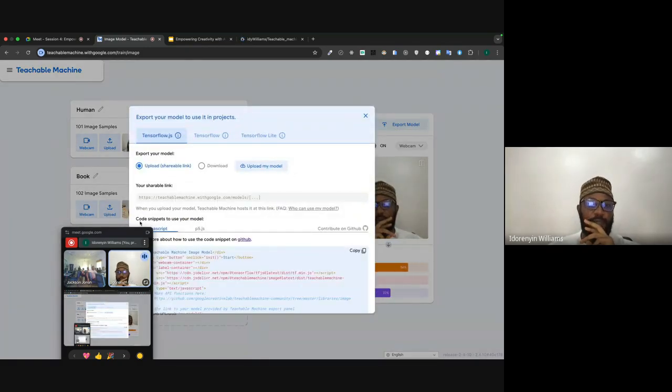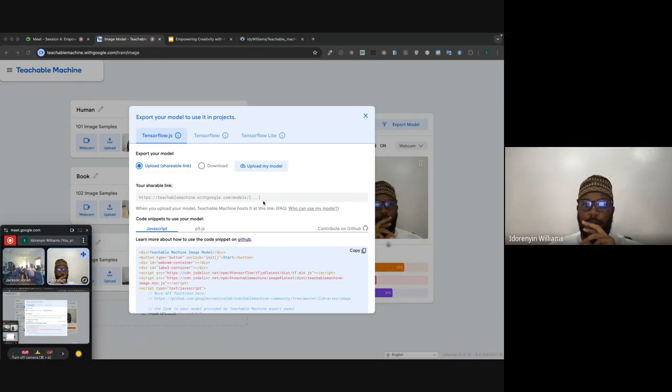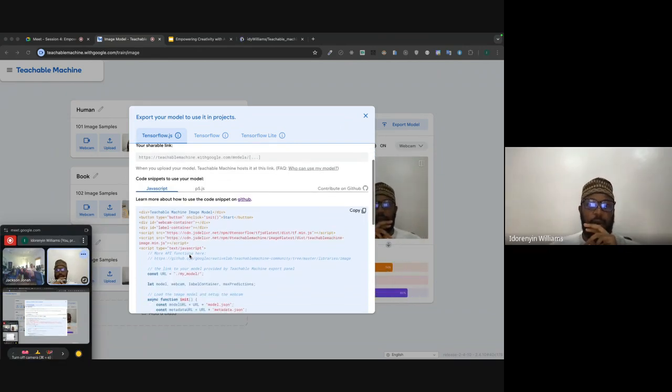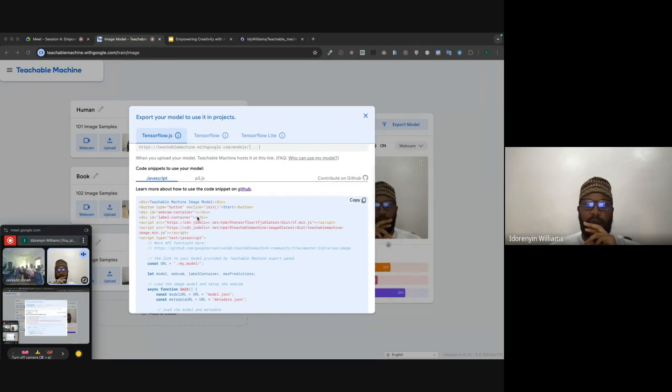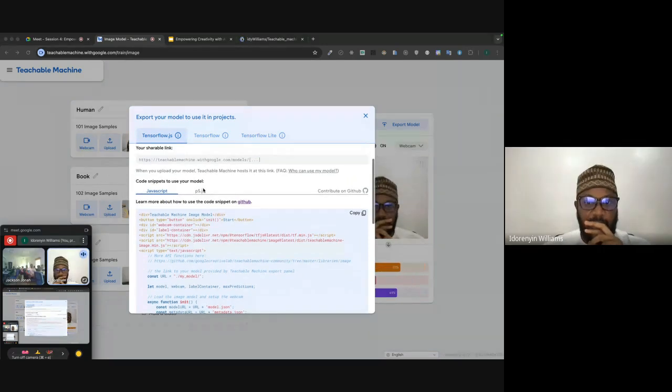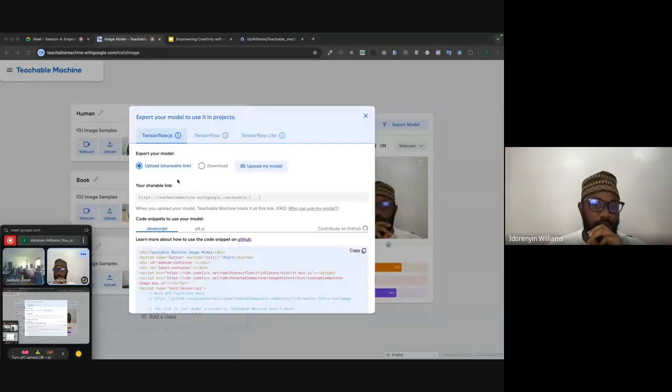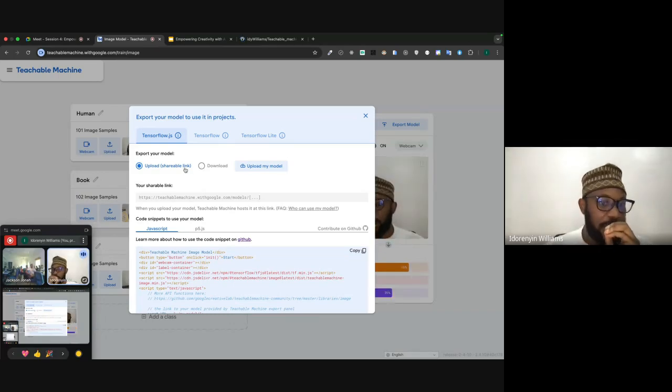All right, so when you hit on export, you have a pop-up that comes over your screen, and then you can see we have the code base for JavaScript already curated for you, and we have that of p5.js already made available for you. What do I want to do with this model? Do I want to download it into my local device, or do I actually want to get a shareable link that I can use to preview what I worked on? So I actually want a link. I don't want to download it, right? So I hit upload my model,